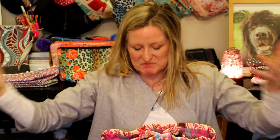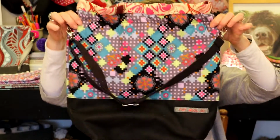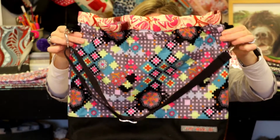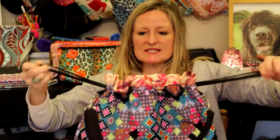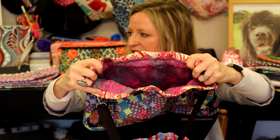These are called the Continental. I don't know, they're big. You could travel the continent with it. So here we are. These are large and in charge. You could put 2 heads inside the Continental. Again, the waxed canvas box pleat. This one has a cotton handle. It is removable. It cinches. And then this one has this fabulous...